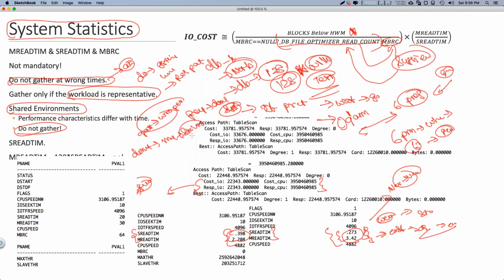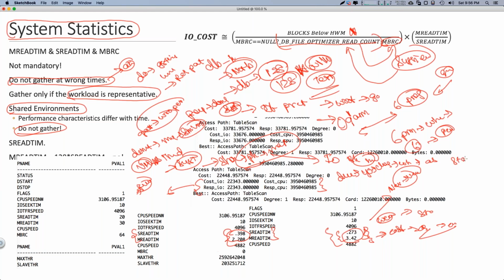If it is a virtual machine, the blind rule is don't gather the system statistics, because you are sharing the physical host with multiple VMs, and it is also more likely that the IO is shared by multiple VMs. And since you are clueless as to what sort of workload the other machines can start at certain times, this can result in very skewed